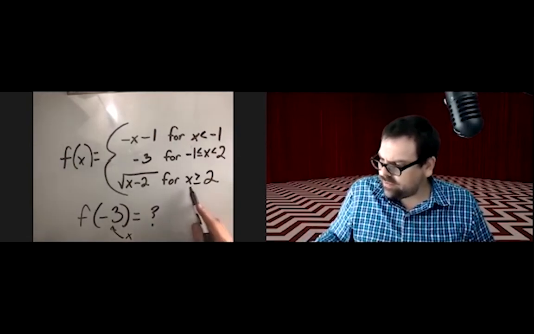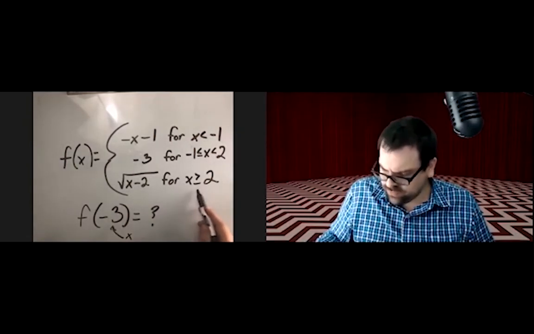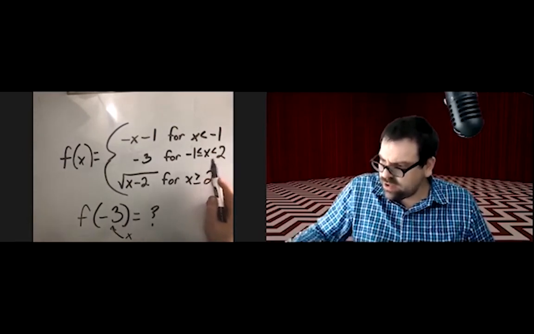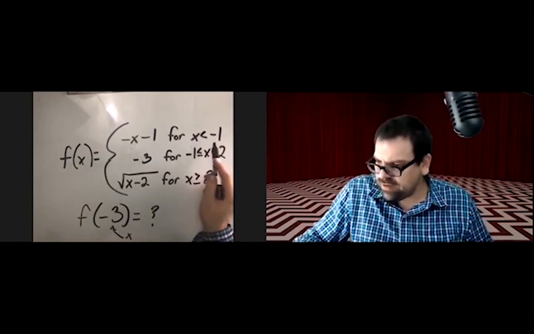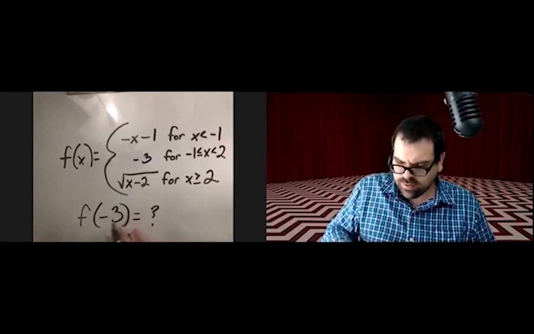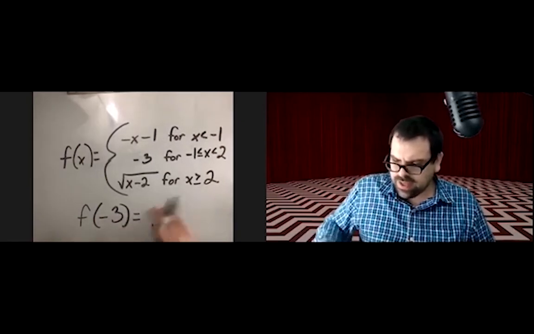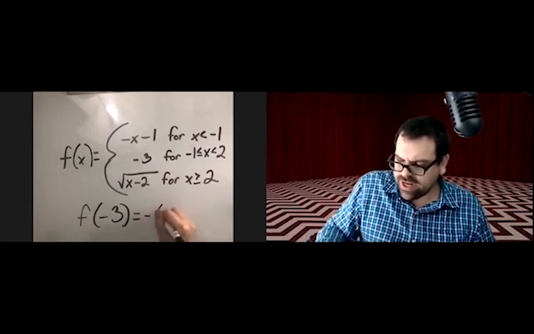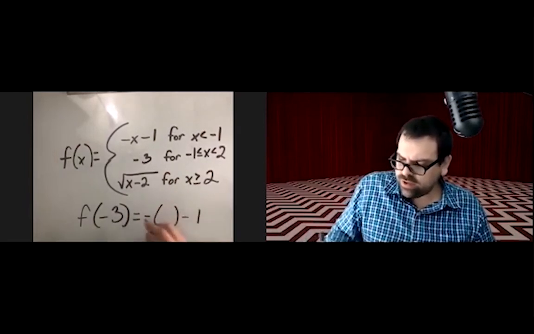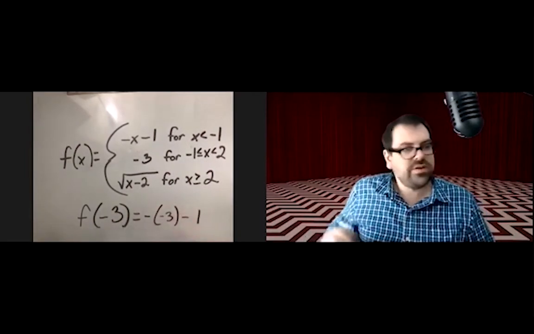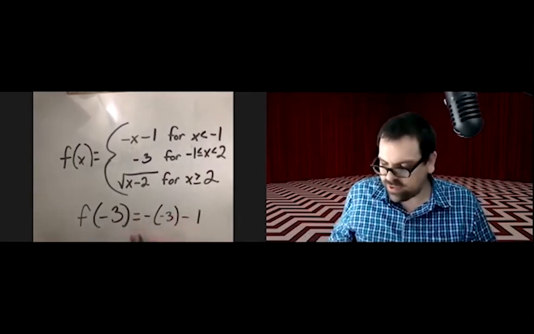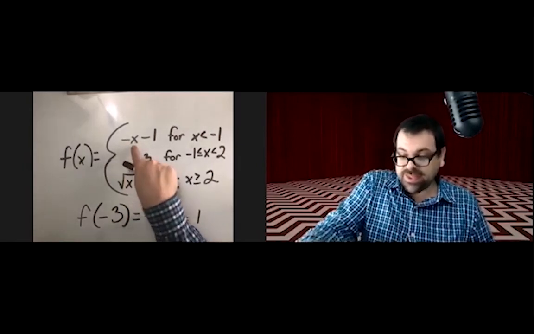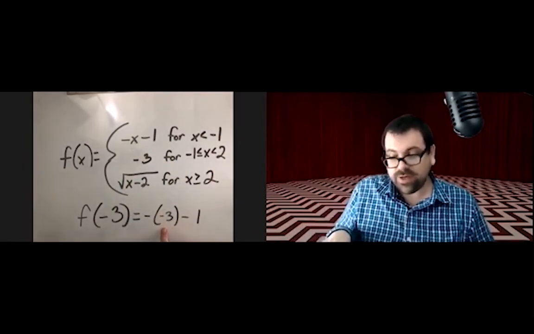Well, negative 3 isn't greater than or equal to 2. Negative 3 isn't between negative 1 and 2. Negative 3 is less than negative 1. That means for f of negative 3, we put it in this one. Instead of negative x minus 1, we have negative negative 3 minus 1. Two negative signs,